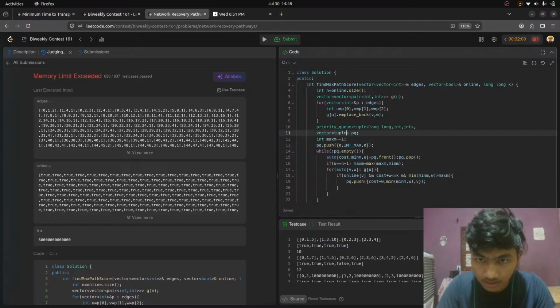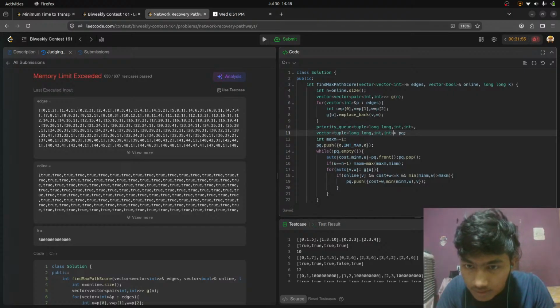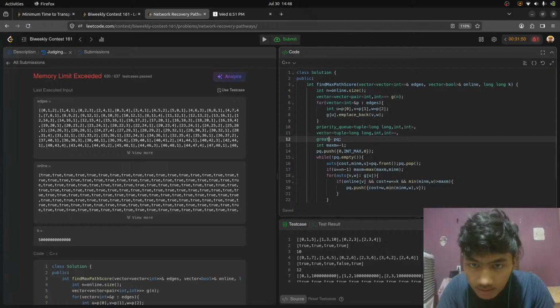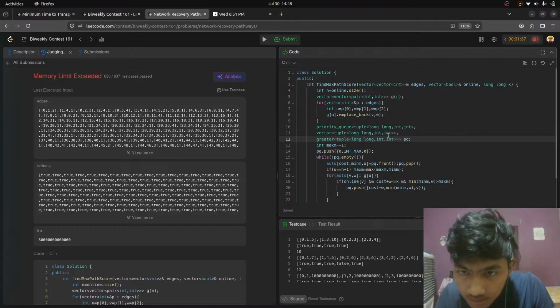Vector tuple long int, yeah, and again one more, and then greater tuple long int. 1 2 3 4 5 6. Yeah, what I'll do now is